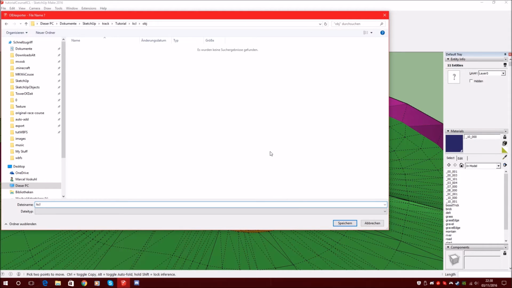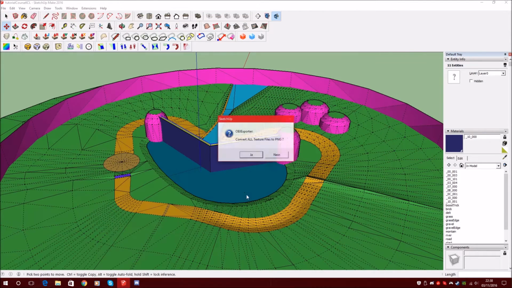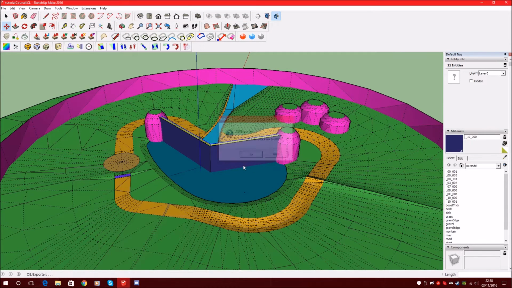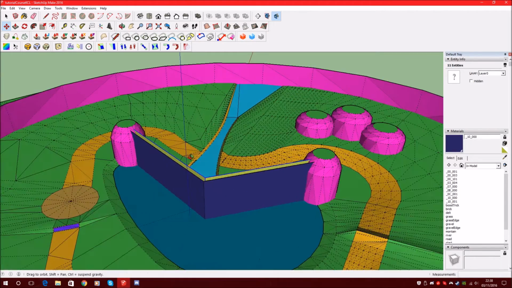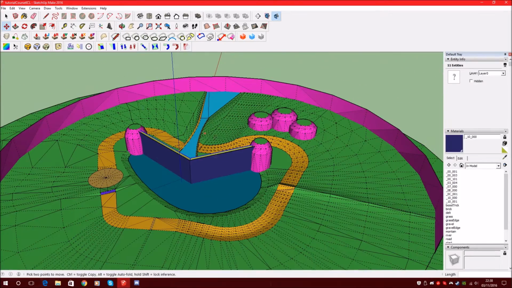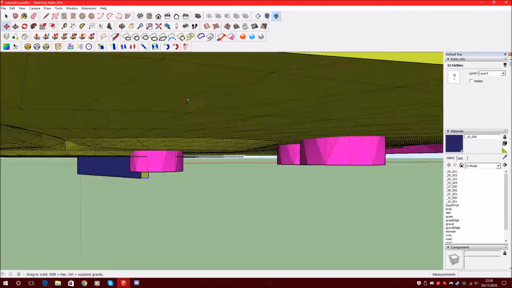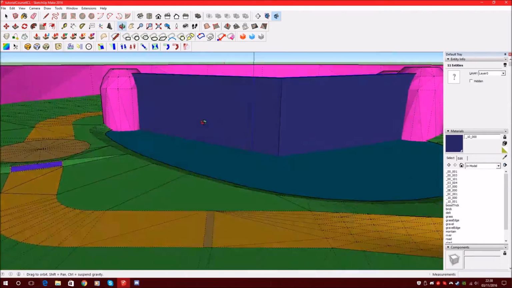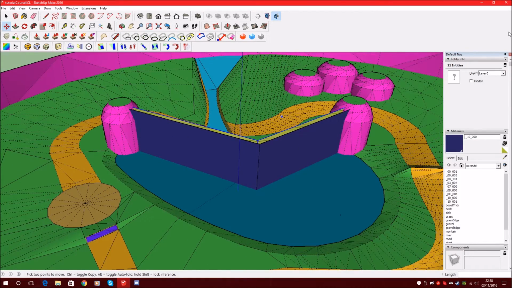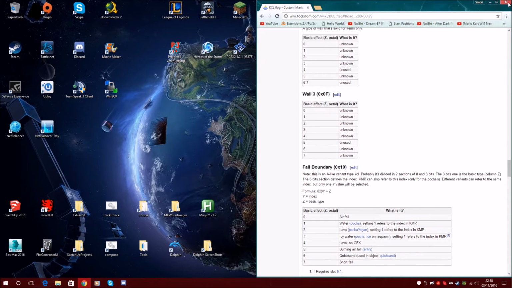This is just to make sure. Save and say yes. There shouldn't be any textures in the exported OBJ because we replace every texture with our KCL. Now we can close our SketchUp model, close the KCL flags,